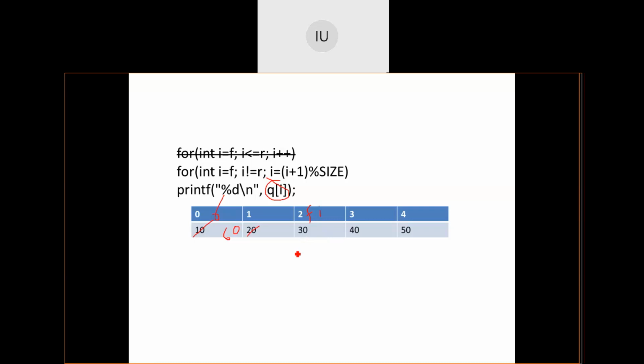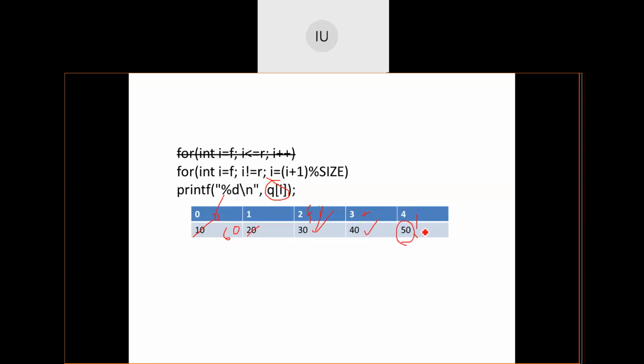I is equal to I plus 1 mod size. 2 plus 1 is 3. 3 mod 5 is 3. So I comes here. 3 not equal to 0, true, enters and prints 40, Q of 3. I gets incremented again. Now I is 4, 4 not equal to 0, true. Q of 4, 50 gets printed, goes back.